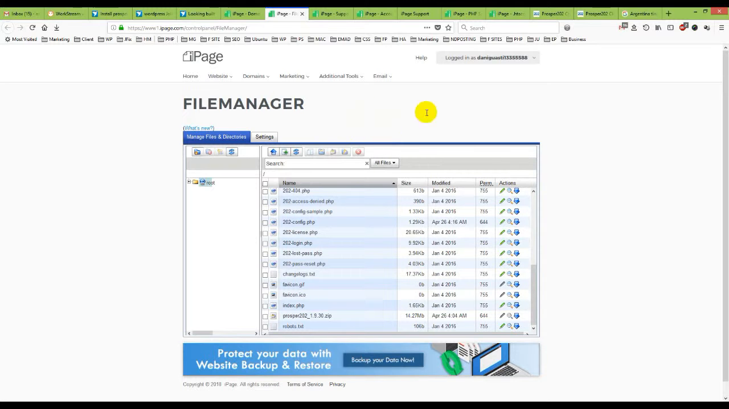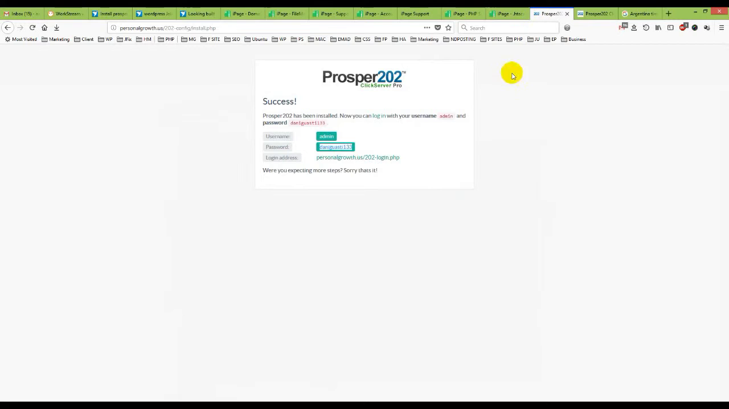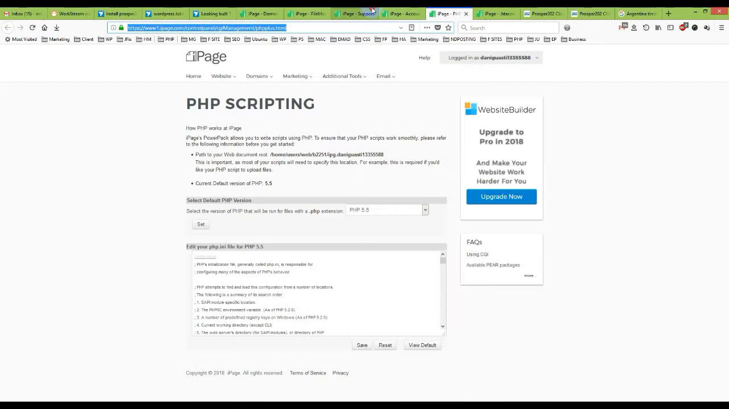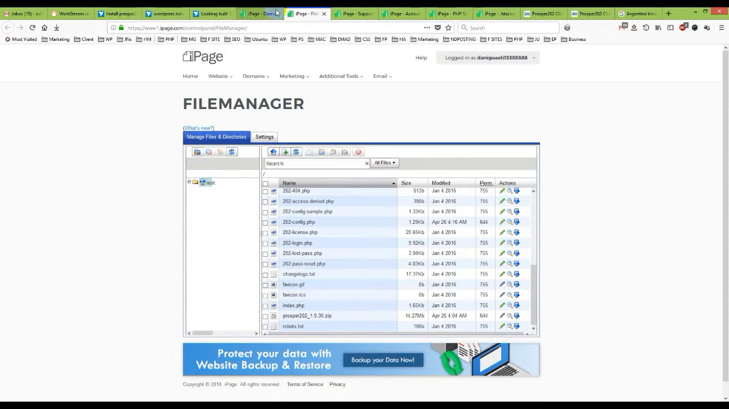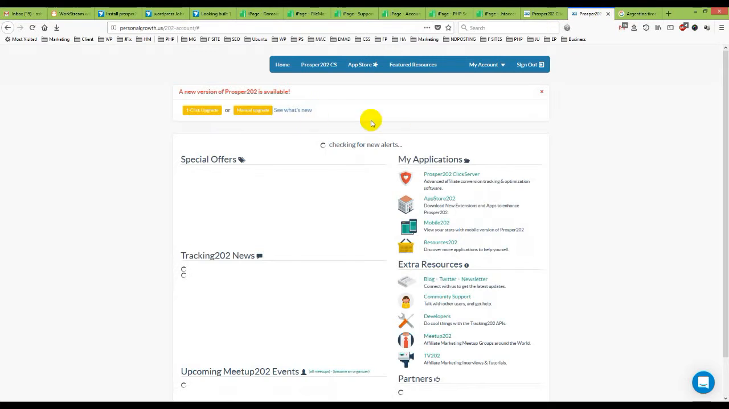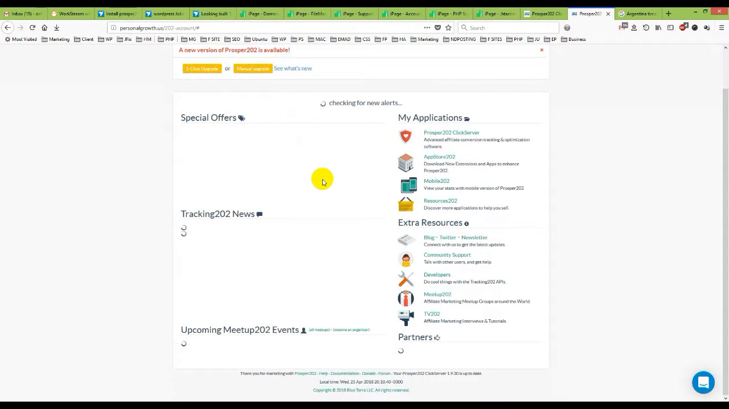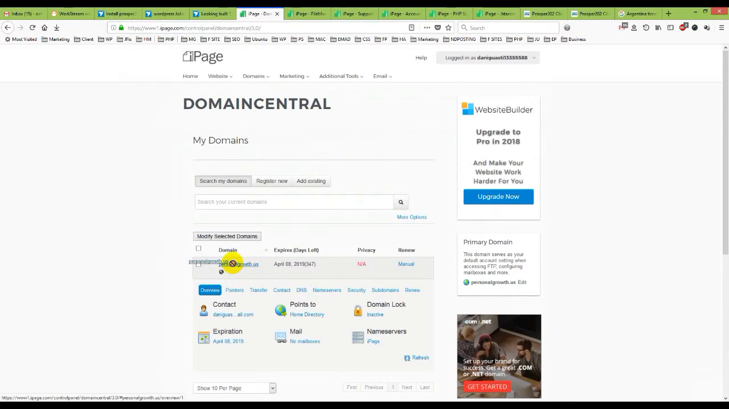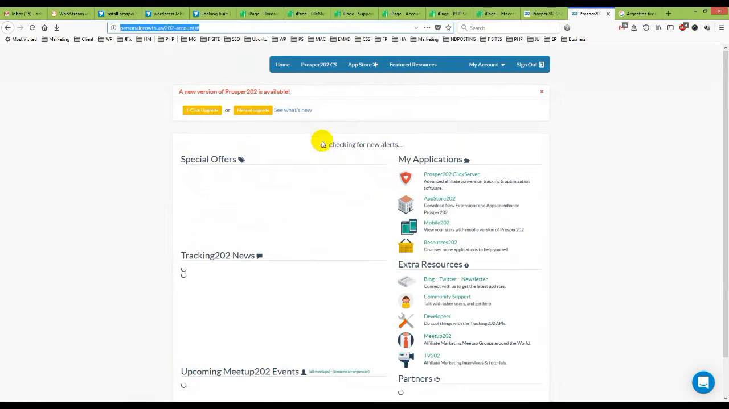So after everything is done, you can see I have already done this installation. This is my iPage, and this is my admin panel of Prosper. I have already installed it, and you can see the proof here. This is the root domain on iPage, and this is where I have installed it. So this is how you can easily install